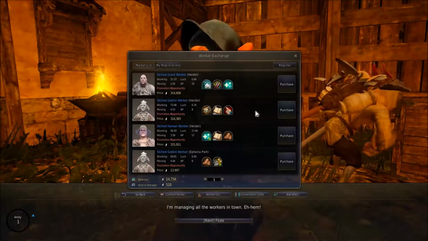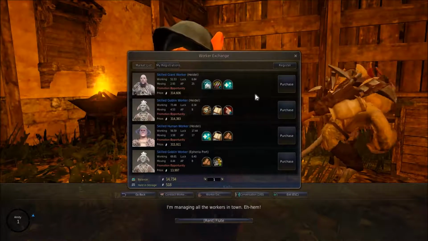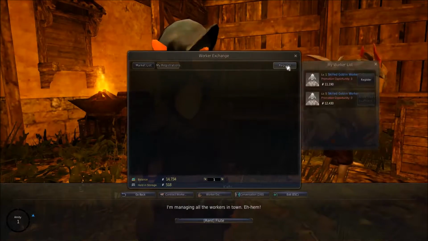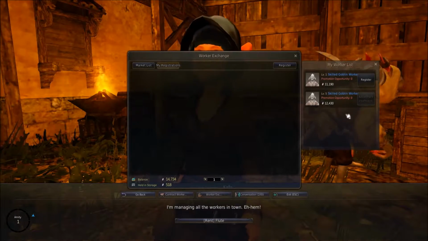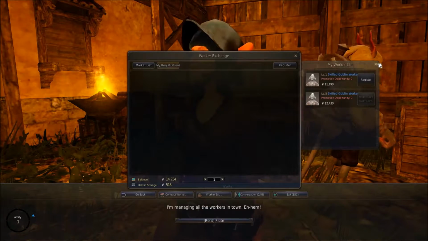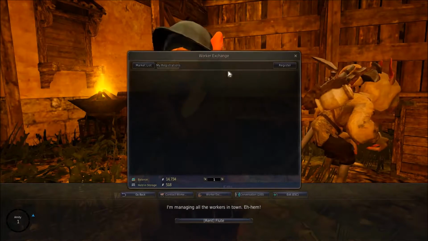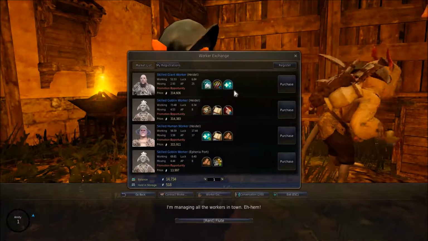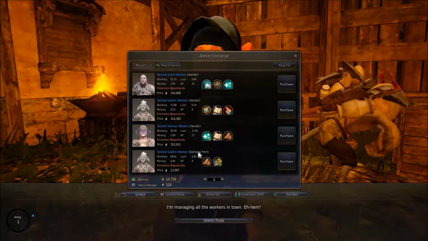Worker exchange. Now you can buy workers off other people, and I can go in there and sell my workers once they level up, say, and sell him there, because he's level 5 now. And the way that the rank goes is by where you send them to go and do the work. But this one here you're looking at, this is what other people are selling, and he is in Heidel, he is in the port, and